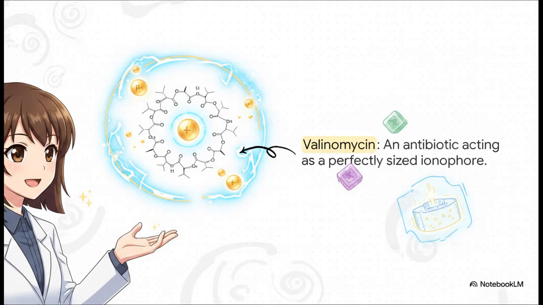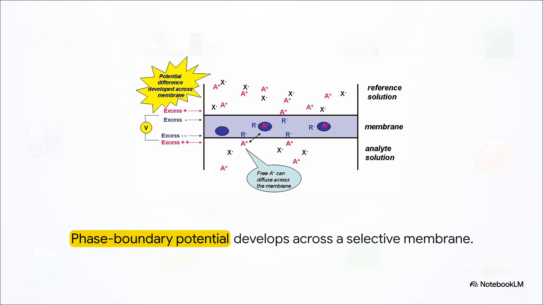Take valinomycin, for example. It's actually an antibiotic, but it acts as this incredible ionophore. Notice that ring shape? Its electron-rich center forms a cavity that happens to be the exact mathematical diameter needed to extract a potassium ion. It hugs the potassium perfectly while flat-out rejecting other ions simply because they're the wrong size. It's brilliant. So when our molecular bouncer traps these target ions at the interface, right between the sample solution and